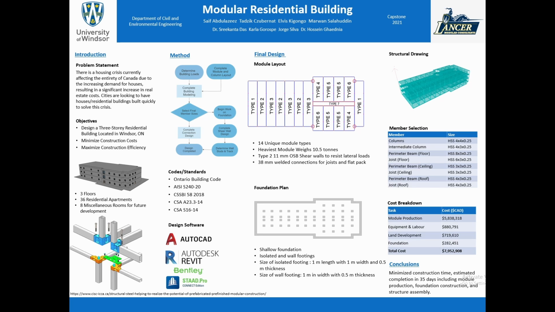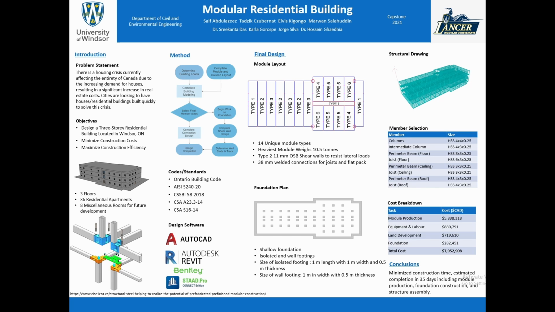We know that there is a housing crisis that currently exists throughout Canada. Utilizing modular construction to build residences faster and cheaper is one way to solve this crisis. Our task was to design a residential building in Windsor, Ontario using modular construction while keeping costs down and efficiency high. Our building was designed to have 3 floors consisting of 36 residential apartments, 2 elevators, and 8 miscellaneous rooms